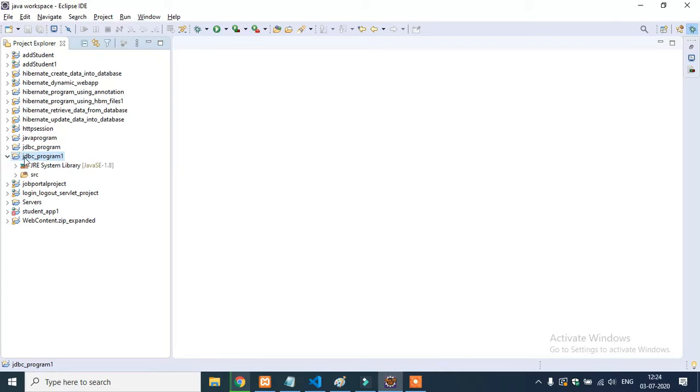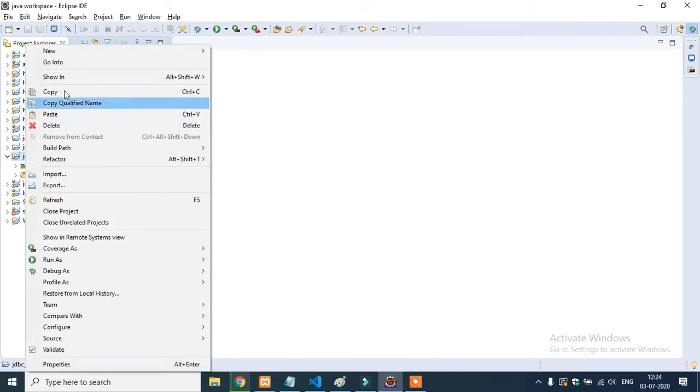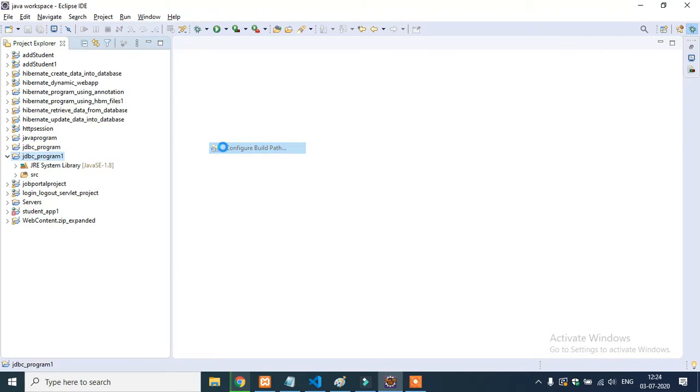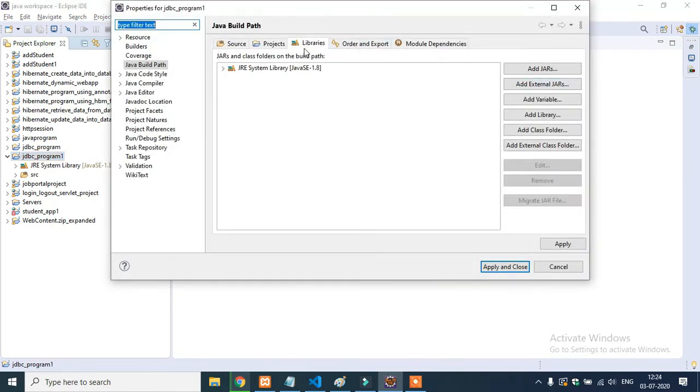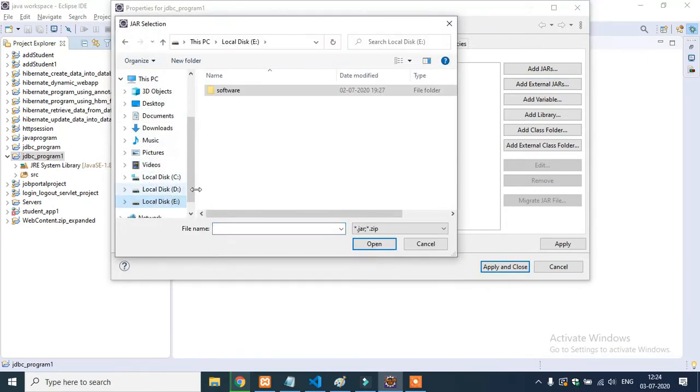As in the previous lecture, I talked about how to link the connector jar file in our project, but once again I will tell you how. Right click on the project, go to build path, configure build path, and you see libraries and this add external jar. Click on it and go to where I have downloaded the connector jar file, which is nothing but the driver.